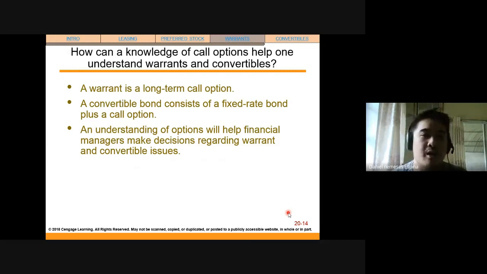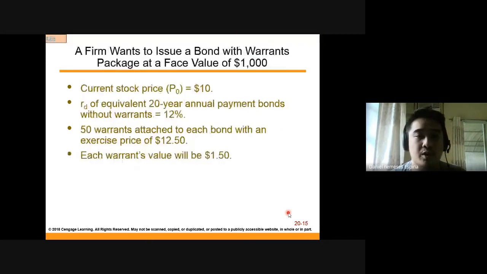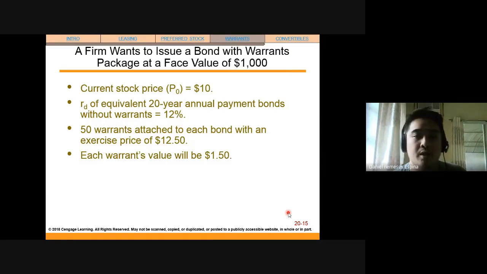Those things, like for example how to value the options, okay? So it can still be used in the warrants and convertibles. So for example, a firm wants to issue a bond with warrants package at a face value of $1,000. So it's a package, meaning the bond has share warrants. So the current stock price is $10 and the discount rate of equivalent 20-year annual payment bonds without warrants is